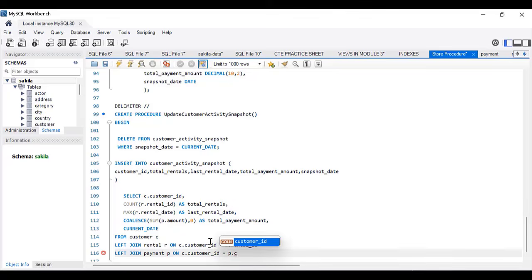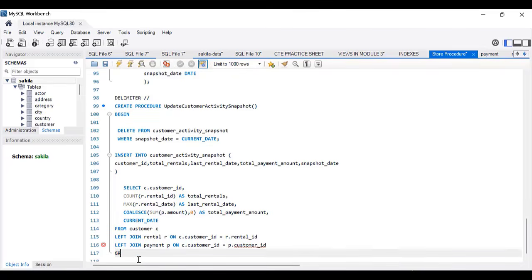That's customer_ID. Now I'll group by customer_ID. Now,